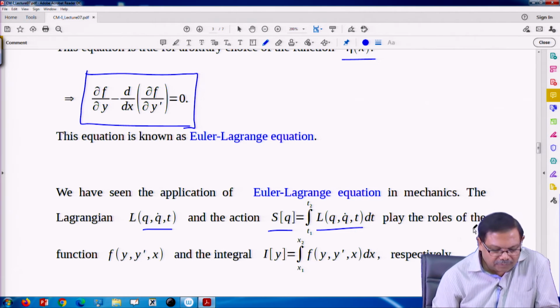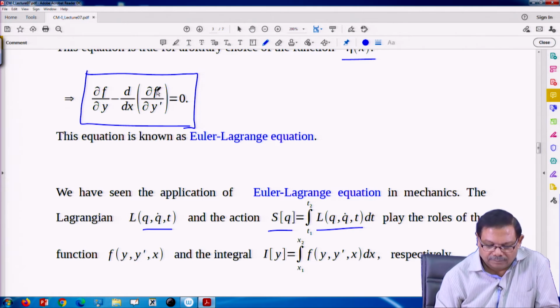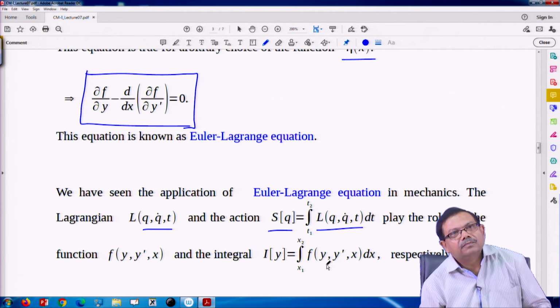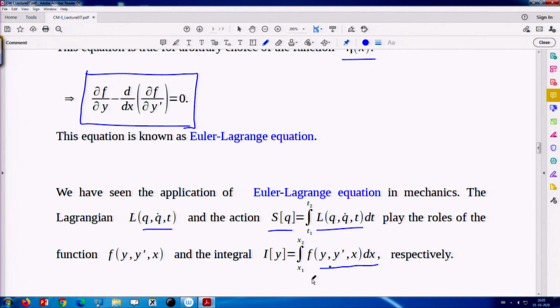It plays the role of the function f of x here and the integral I, which is defined as I of y, the integral from x1 to x2 of the function f, which depends on y, y prime and x respectively. So, they are quite similar equations,